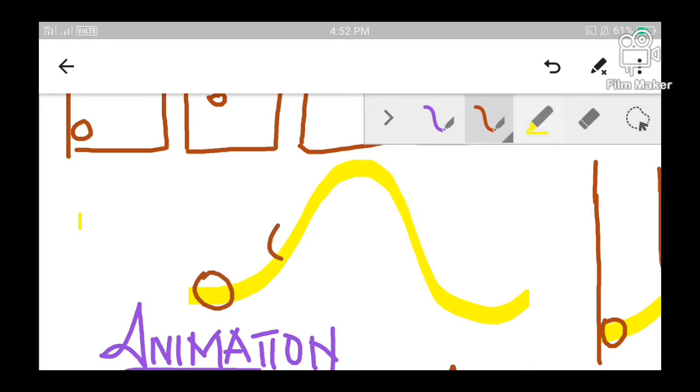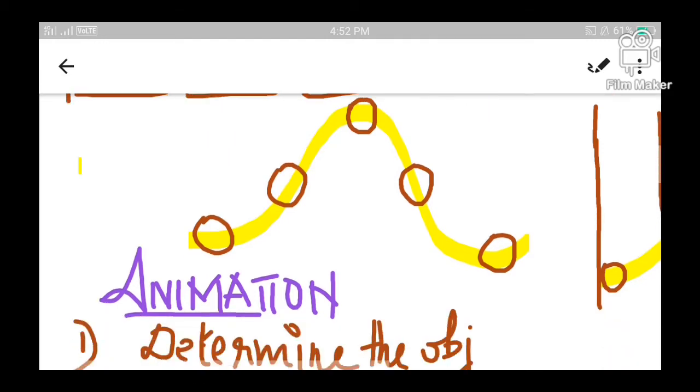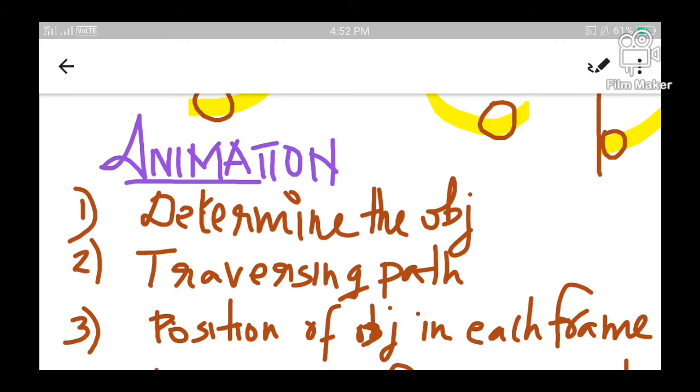After a while the object will reach this position, then the ball will reach its maximum height and then will start falling down and will reach this position. Finally it will touch the ground again. So this is the path through which the object will traverse. We have to identify the object and then the traversing path, the path along which the object has to be moved.